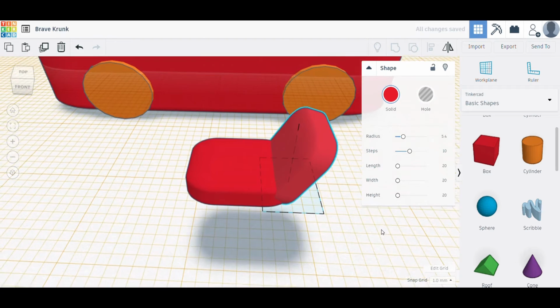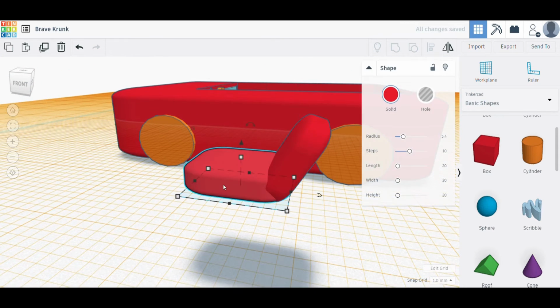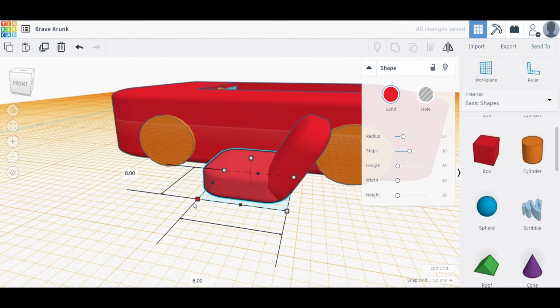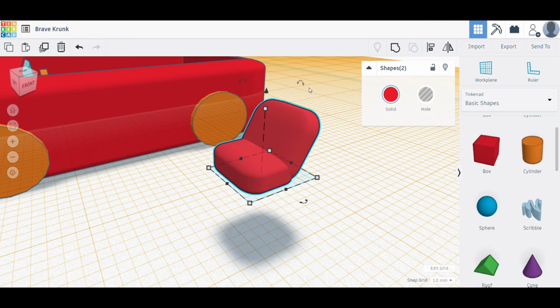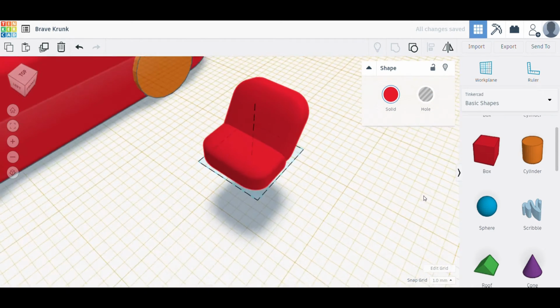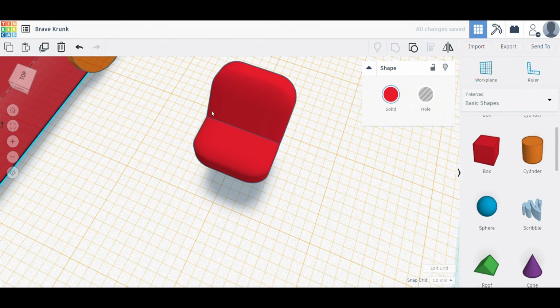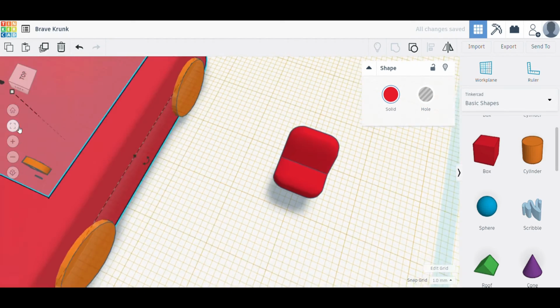And after adjusting, you can group both of them together. Now it looks fine to me. And here we will be grouping it together. Now it's ready to be installed in our car.